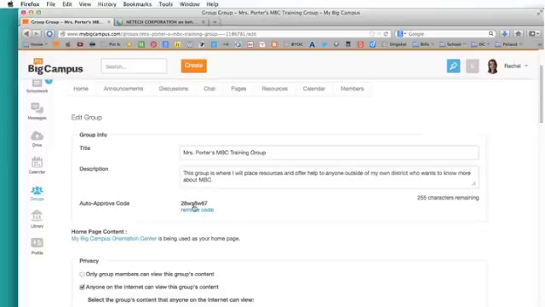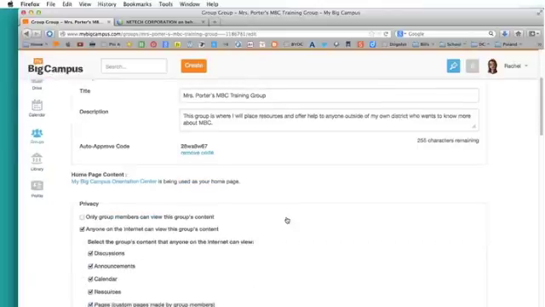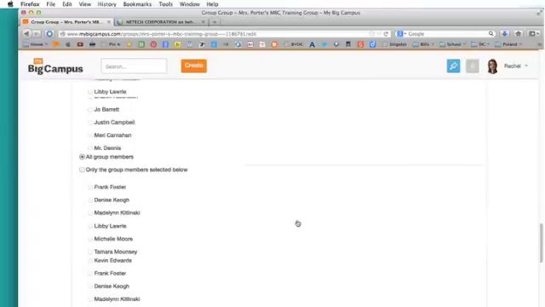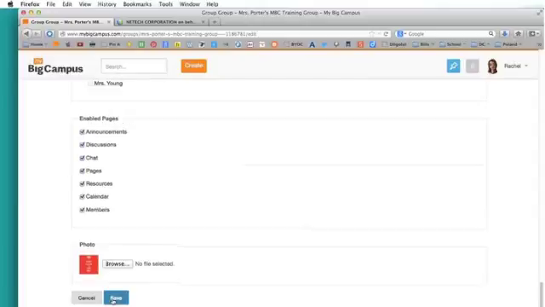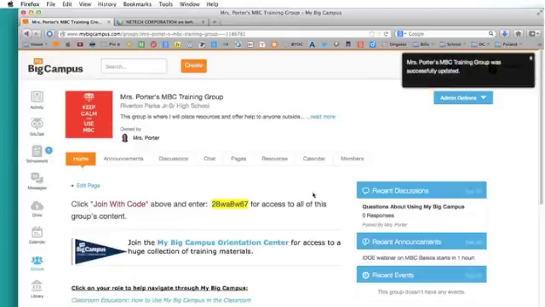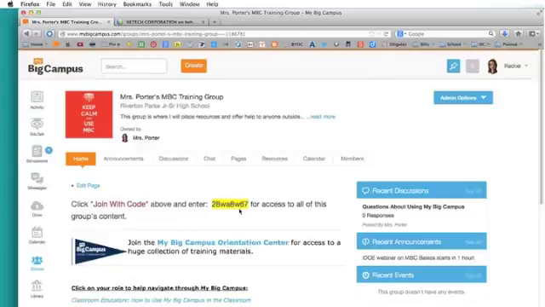You guys have probably all been in that situation where you can't quite tell if it's an L or an I. So if it generates a code that's got some of those questionable letters that people might get stumped on, you can always just remove the code and have it generate a new code until you get one that you like. That's what I did, to find one that I thought was pretty simple and that people would be able to use. So you would just generate that code and then, of course, save your group. And once you've done that, it'll give that Join with Code button, and anybody who has that code can put it in and